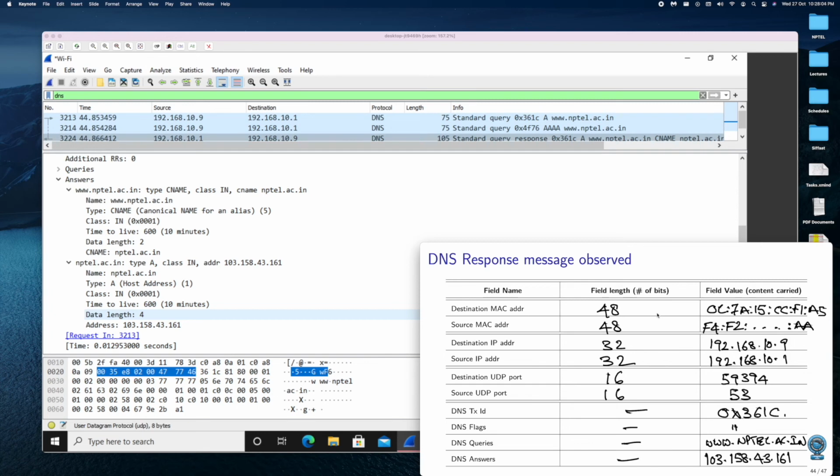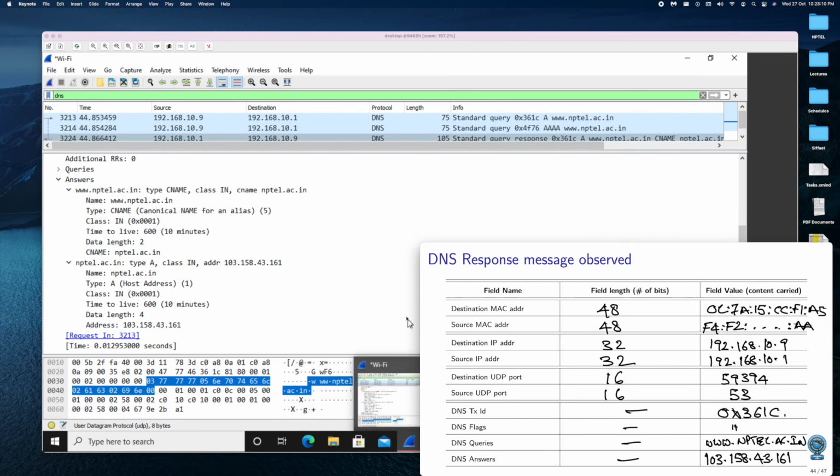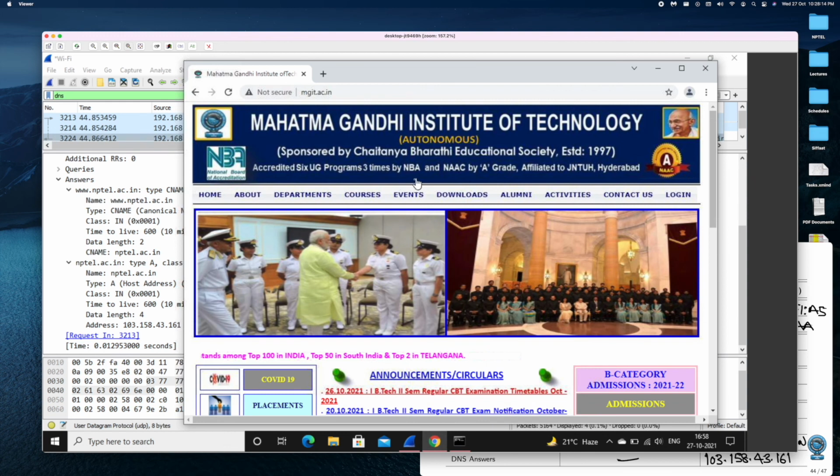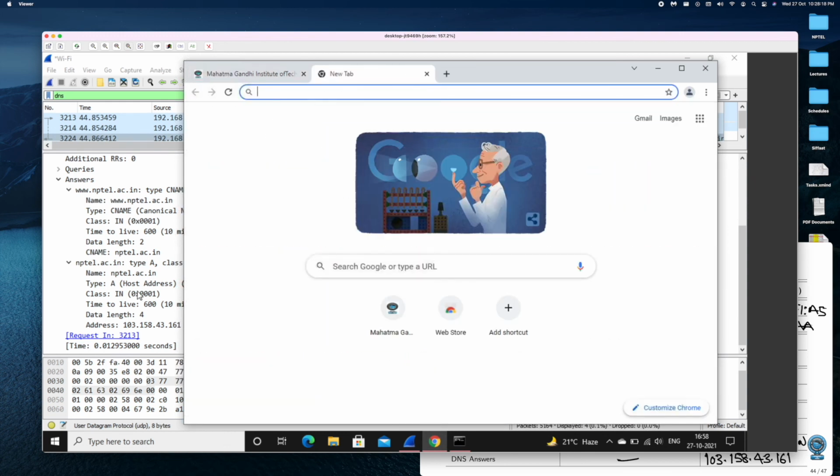So let's quickly type this IP address in the browser. Let's type it into a browser and see. Yeah, I have opened the browser and we can see the IP address here in the background.